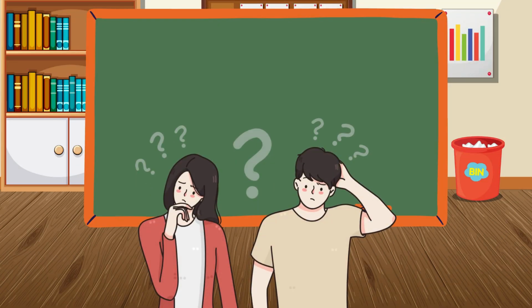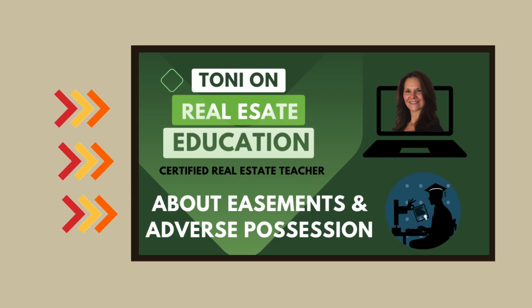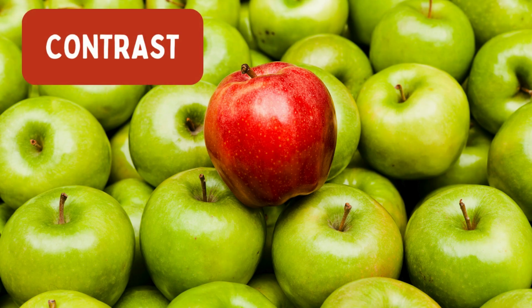So during last night's class, a few students approached me with questions about the distinction between adverse possession and easement by prescription. Although I have a video covering various types of easements and adverse possession, they specifically sought clarification on the contrast between adverse possession and easement by prescription. Given that this confusion has arisen before, I've decided to create another video to clarify the differences between the two